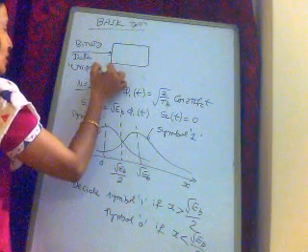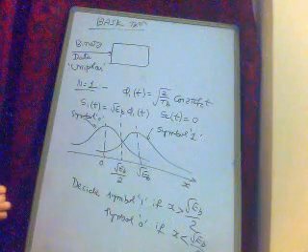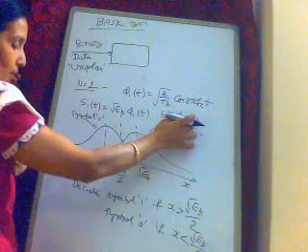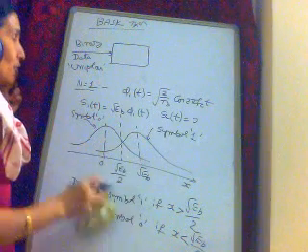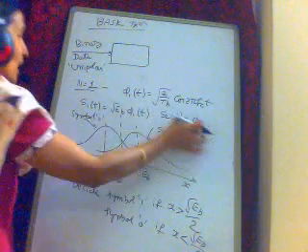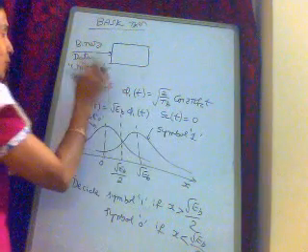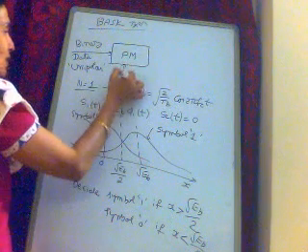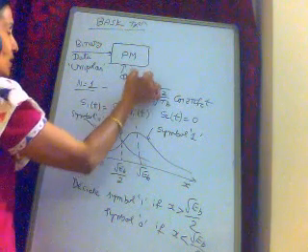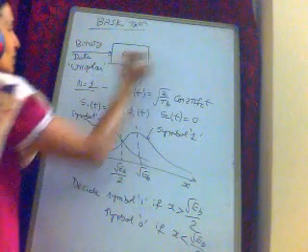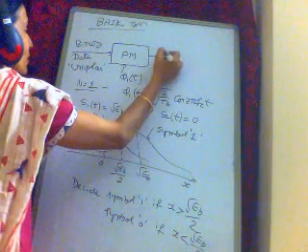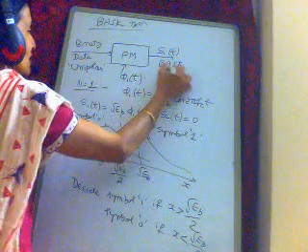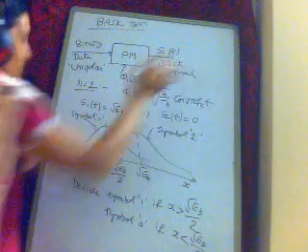Remember, in the case of BPSK, it was in polar form because this was plus root EB and this was minus root EB. There the difference was in the phase. Now the difference is in the amplitude. So here it should be unipolar form. And similar to BPSK, we have a product modulator, and the other input is the orthonormal basis function, which is phi 1 of t, and the output will be Si of t, which is the BASK signal or BASK wave.